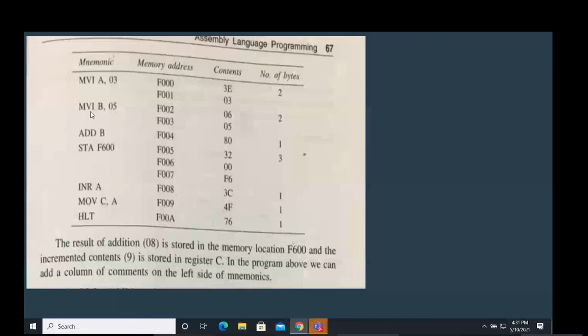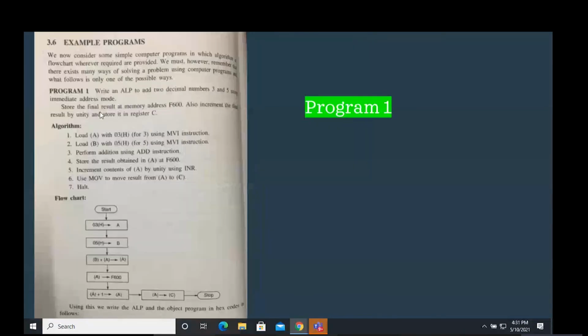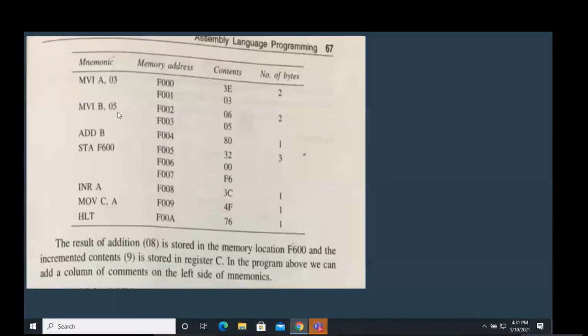Similarly, the next instruction, if you were to look, MVI B. Why am I doing this? Because I have to load the second number into another register, MVI B, 05. Again, as we know, MVI is a 2-byte instruction. So the next locations are F002 and F003. And of course, MVI B's code will be 06, and 05 comes right like that.